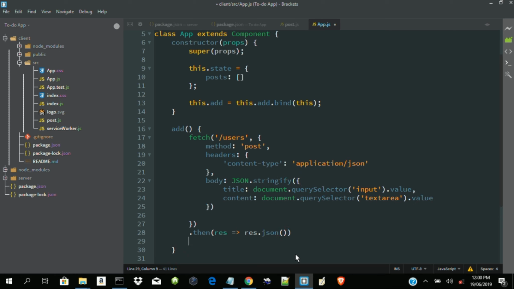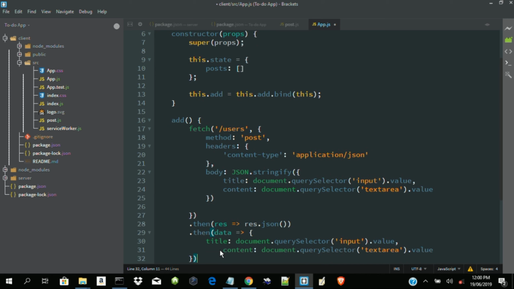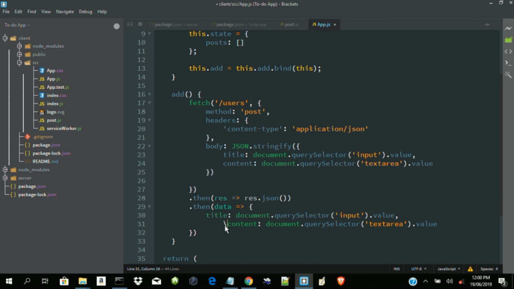The next one will be to extract our data, that's data. I think the first thing we need to do is to empty this. Once our data goes through and comes back, then the next thing to do is to actually,